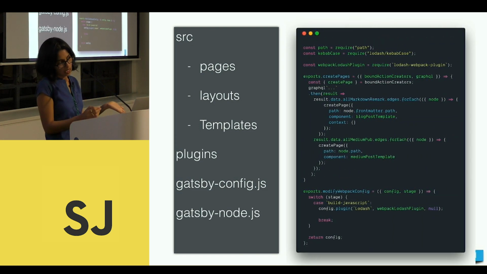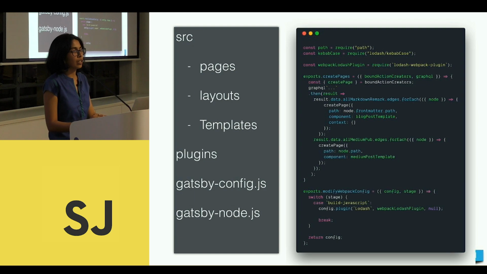The most advanced functionality that Gatsby provides is the gatsby-node.js file. This file, outside of all of these, is where you can do most of the magic that you want to do with Gatsby. It provides certain APIs, and you need to export certain functions using which you can generate pages on the